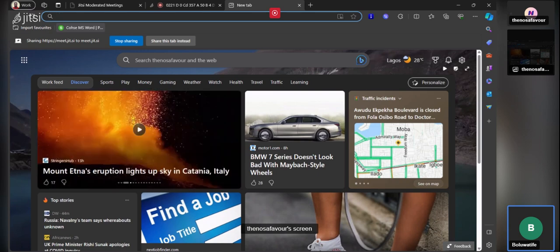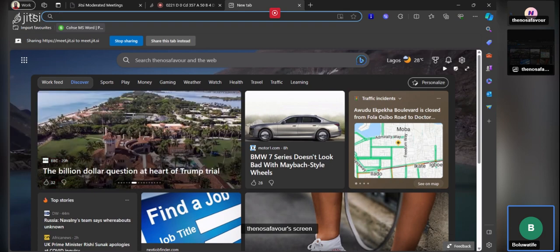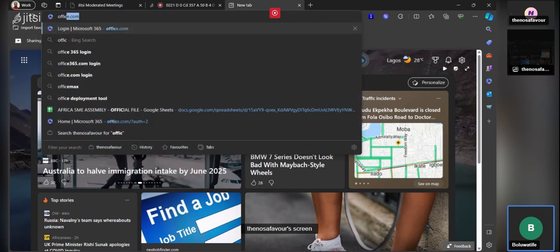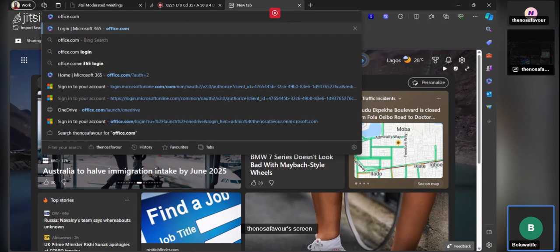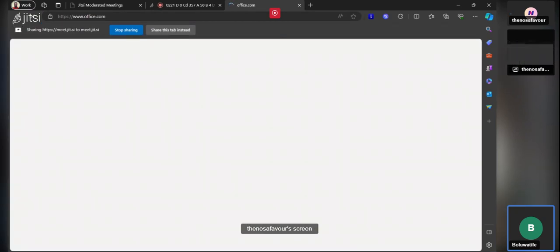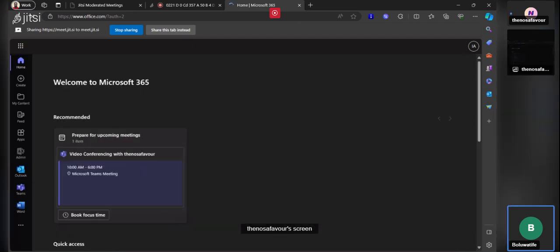Yes. Okay. So here's how we would access Power Automate. I'll just try to be quick and brief, but concise. So first of all, go to office.com, right? So when you go to office.com, definitely by now